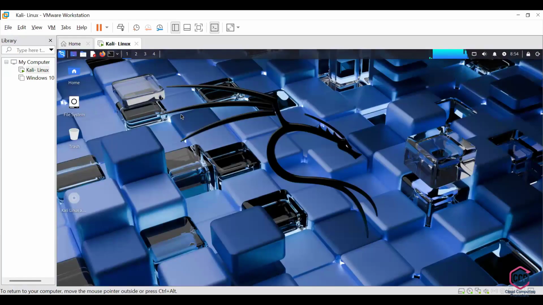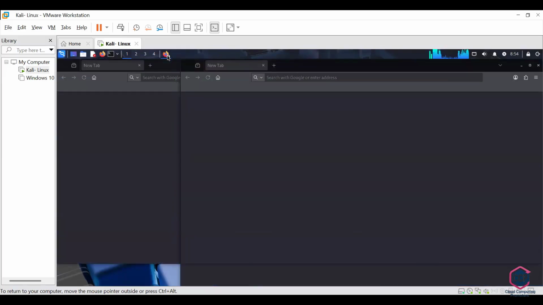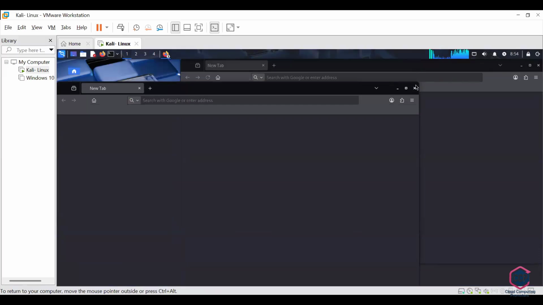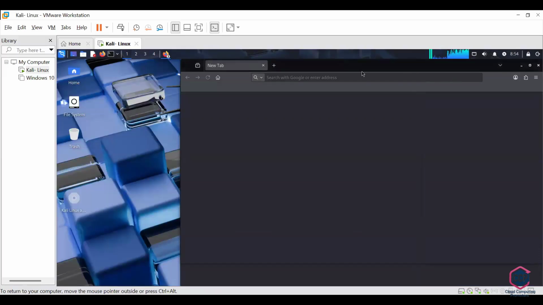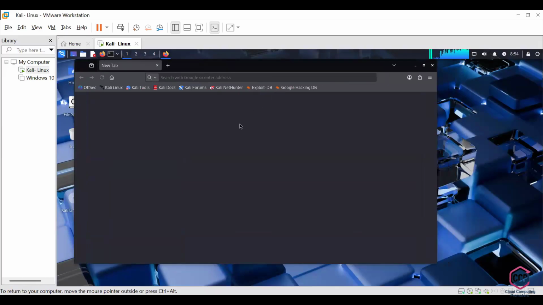Now you can go to a website. Open Firefox and now just type Nessus download.